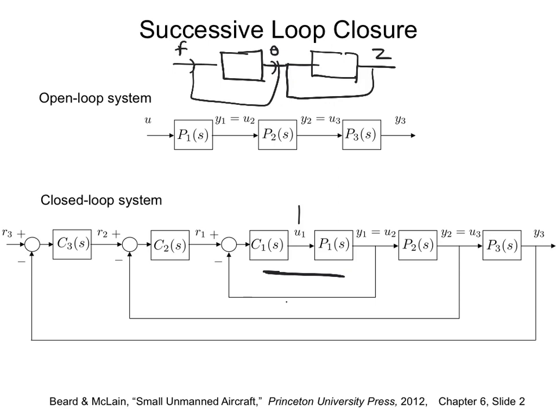Similarly, the pitch will be much faster, but change in your height will be slower. So when you say go to that height, it won't immediately reach that height, but it can immediately change the theta angle to reach that height, right? So a successive loop closure is, basically, in this plant what we have here,